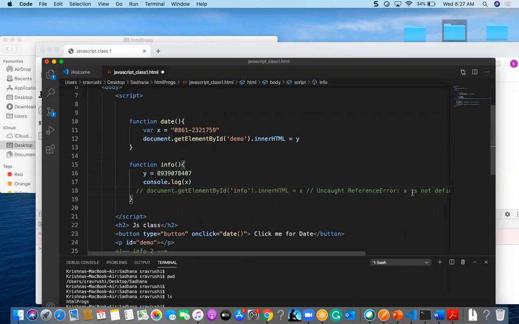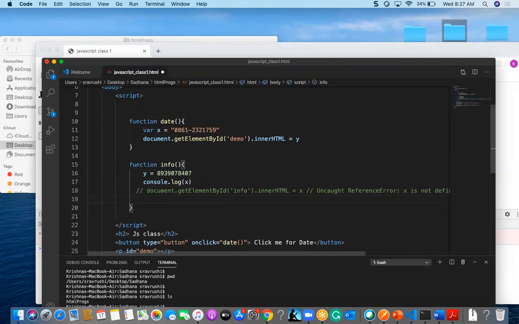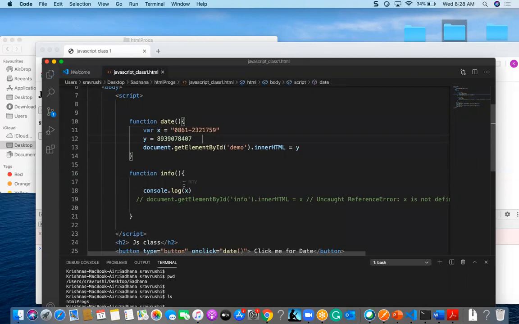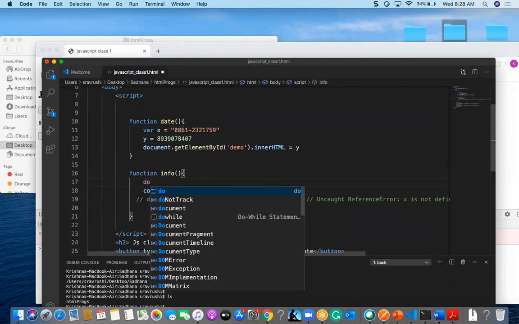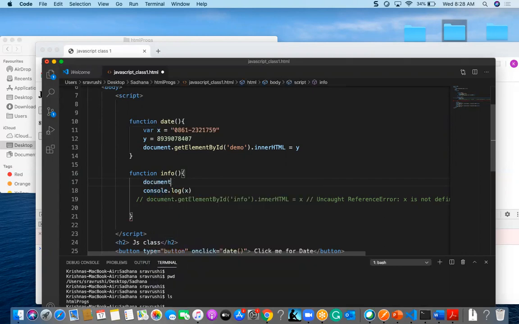So yeah, this is about one. And one more thing, let us think: I just created one more value here, let's say that is some y. Let me put this value inside this x. But here I am going to execute document dot getElementById, and here I am going to give info dot innerHTML. I am giving some value y. So now we'll check the value. I kept the value of y inside this.